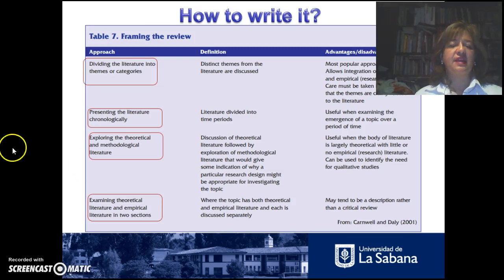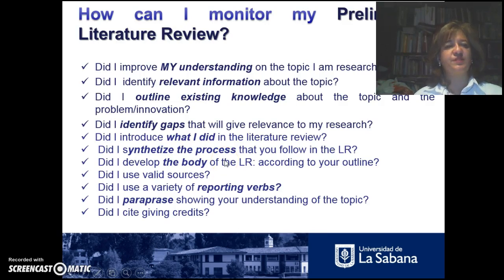How to write it? Well, you can write it by themes or categories. You can make it chronologically. You can make it theoretical and methodological, or you can actually mix them. So there must be a way that you decide that you want to, let's say, organize your